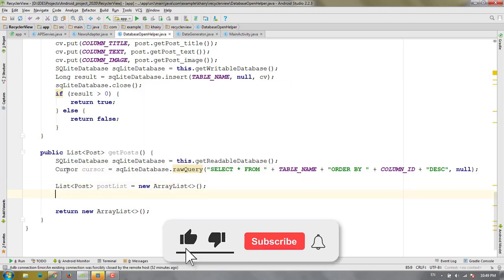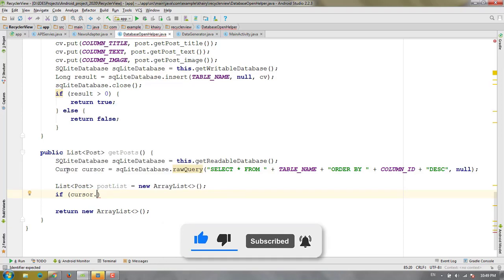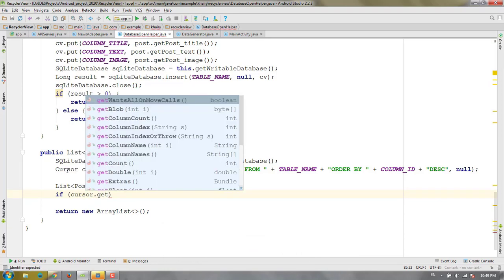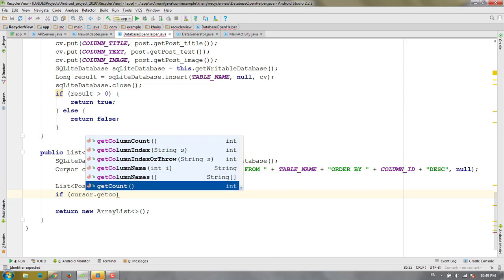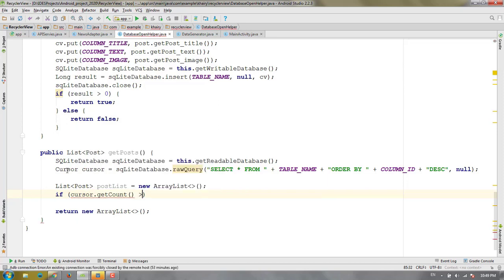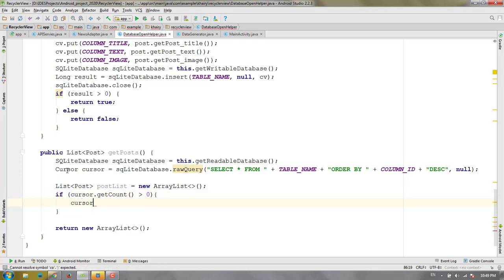Okay guys, and here we need to check if the cursor dot get count is bigger than 0. Now in here let's move to first,